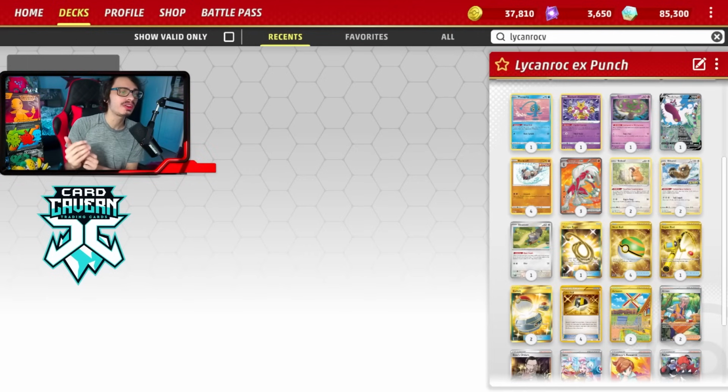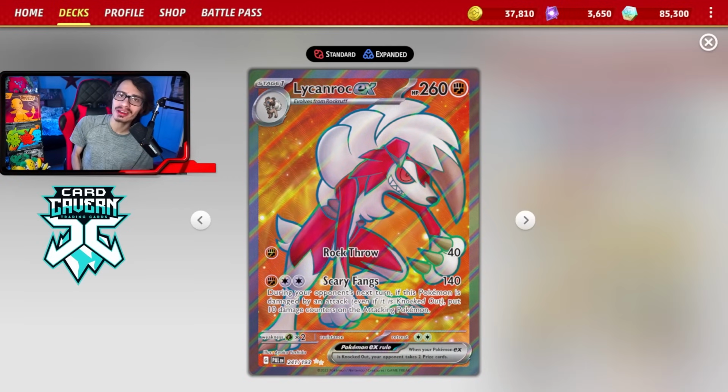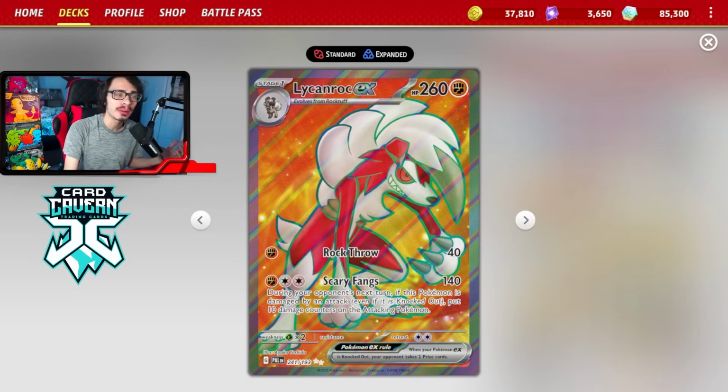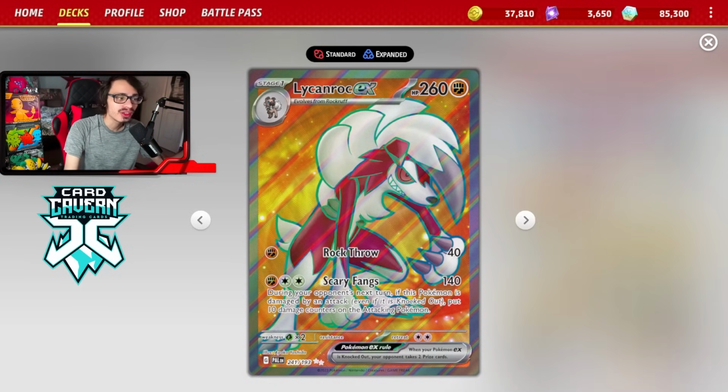Yo, welcome back everybody to Radiant Live Obsidian Flames deck video, and today I'm going to be showing off my Lycanroc EX deck updated. Now, you do not want to attack Lycanroc EX anymore thanks to its attack Scary Fangs, which does 140 damage, and if Lycanroc is attacked in the active spot, the attacking Pokemon takes 10 damage counters,